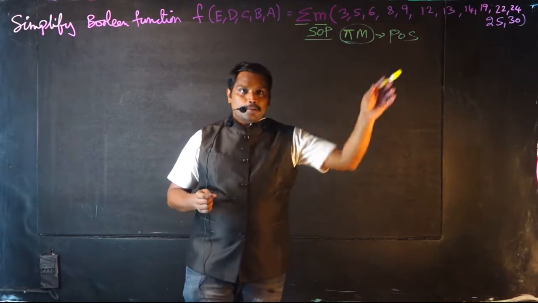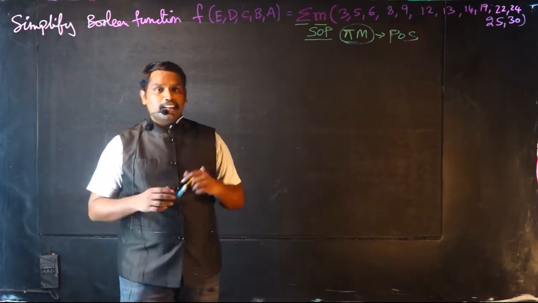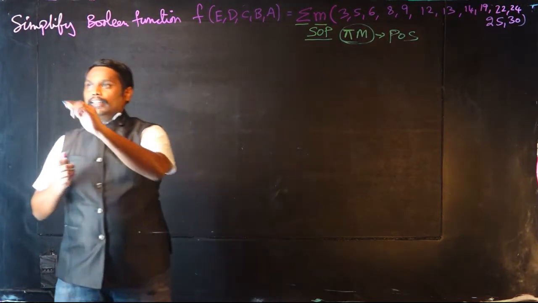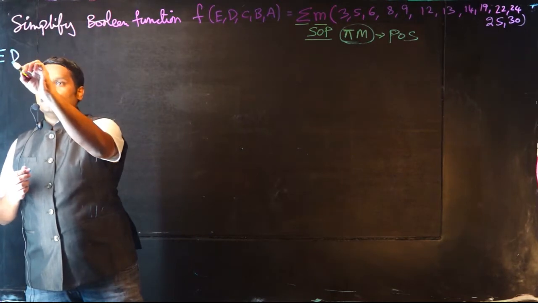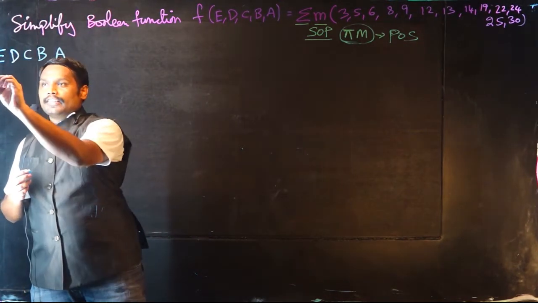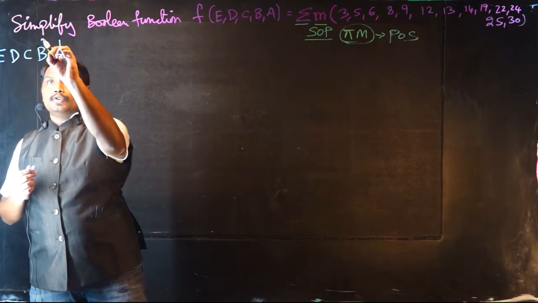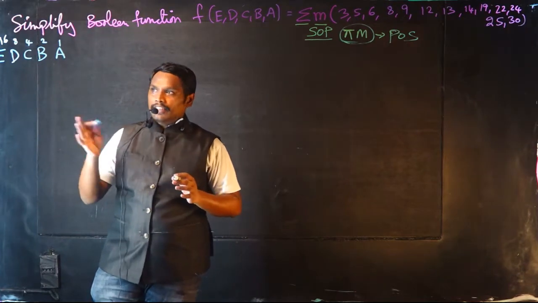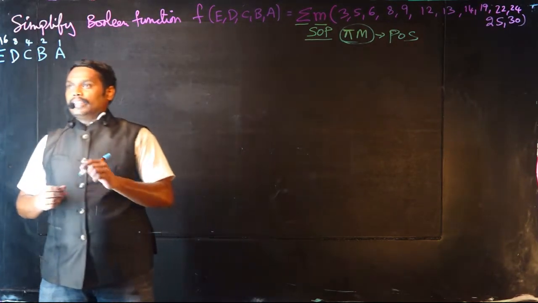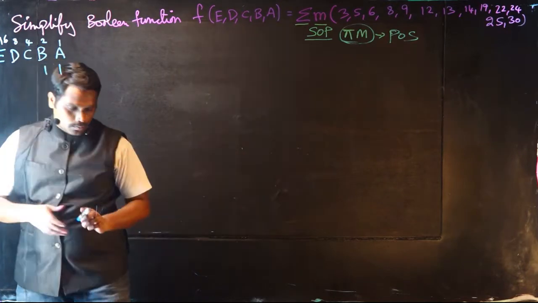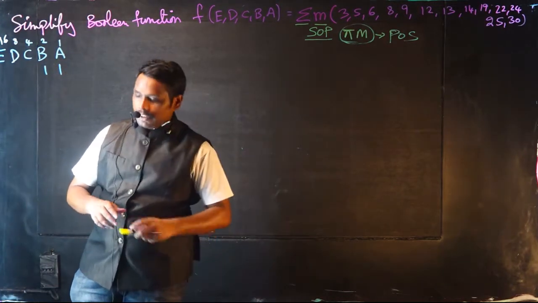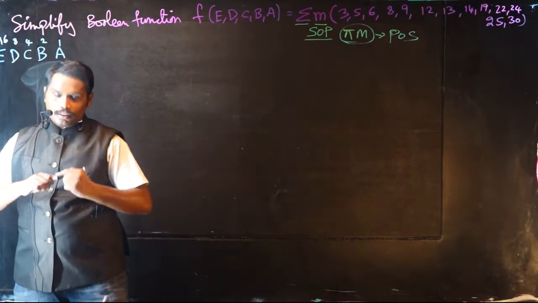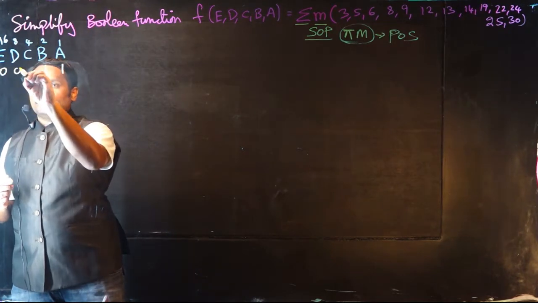So now for these minterms, you have to have a binary representation, right? For 3, I think this is a 5 variable Karnaugh map. So you can see that this is E, D, C, B, A, and the weights are 1, 2, 4, 8 and 16, right? So this is the binary representation for a 5 variable map. For minterm 3 you're going to have 1, 1 followed by all zeros, so 1, 1 and 0, 0, 0.